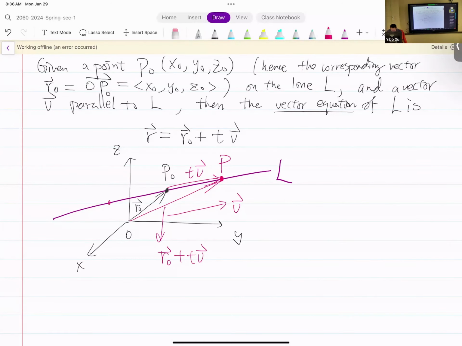If you have a point like this, you just flip the sign, so it's going to be tv, but t is negative. That's right here. And then this vector is still the triangle law, so r0 plus